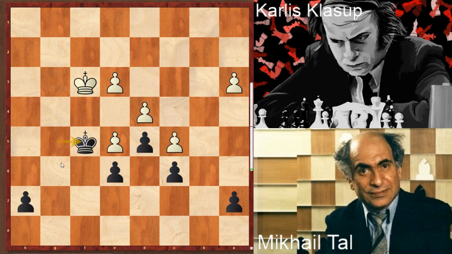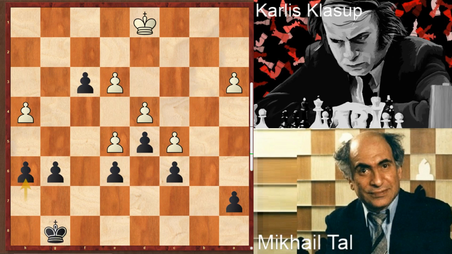You now have a passed pawn, and the white king can't defend both the left side and the right side. If he tries to defend this, you push the passed pawn, and if he tries to capture this pawn, you eat all his pawns on the other side. So this is a clear win for black. So that is the winning move. But Tal blundered in this situation. He didn't play g5. He plays simply h6 and gives Klasup a chance to draw this game,